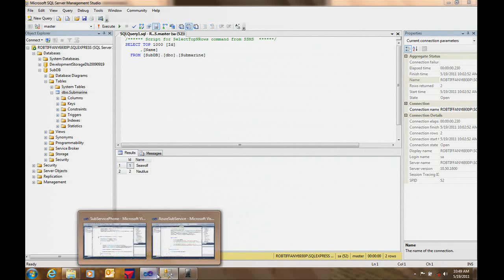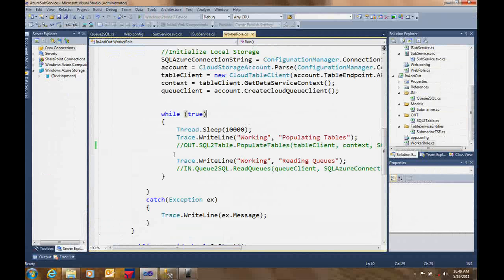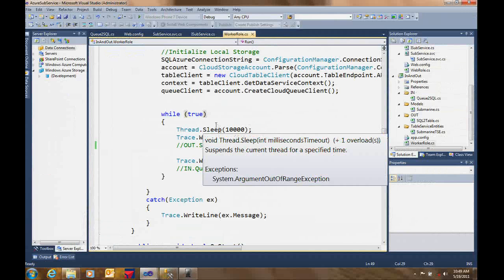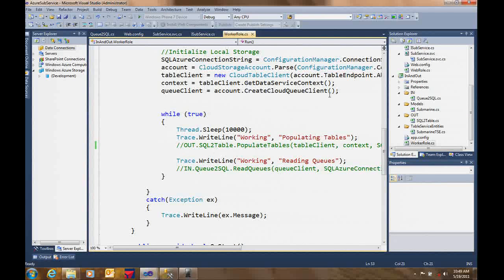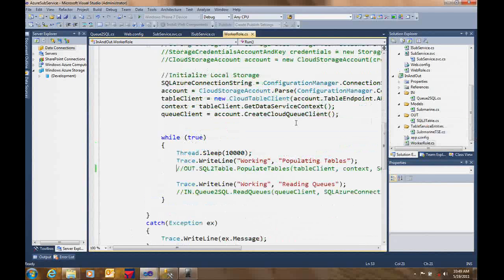So let's look in Visual Studio in our Azure Submarine service. So for starters, I'm going to uncomment. So this is my worker role. I'm going to uncomment this code. And at different times as I'm going through, I will comment and uncomment code because I don't want the whole thing running all the time. And I want to only show you segments of how things work. So the first thing I'm going to do is we'll have this worker role fire up,